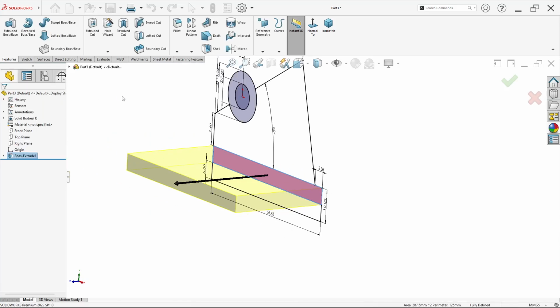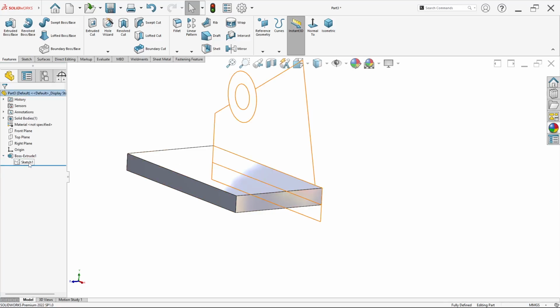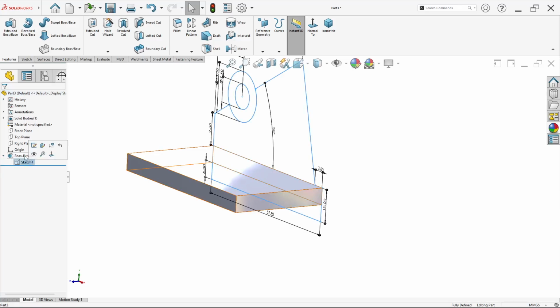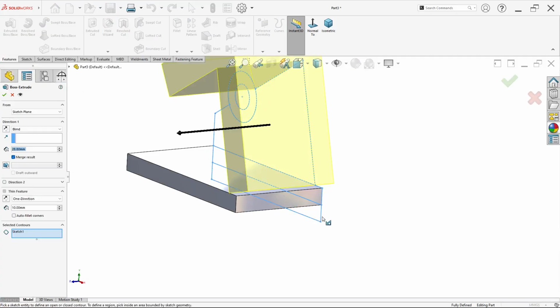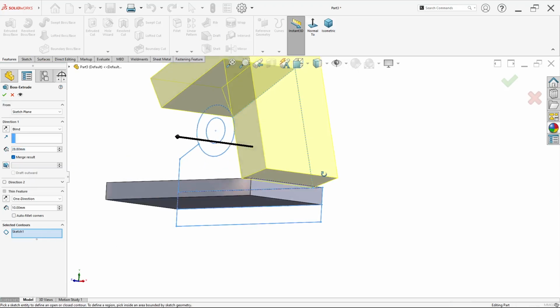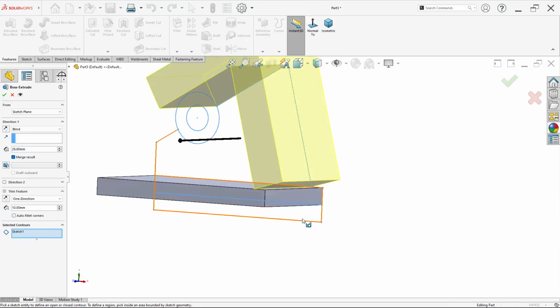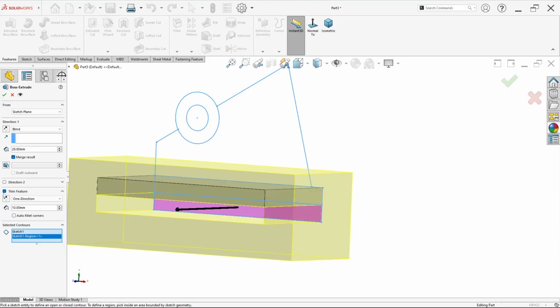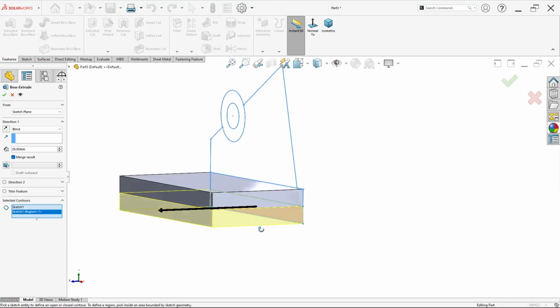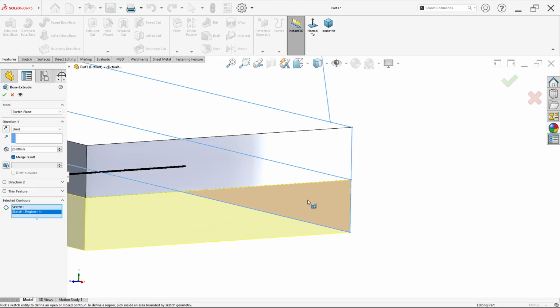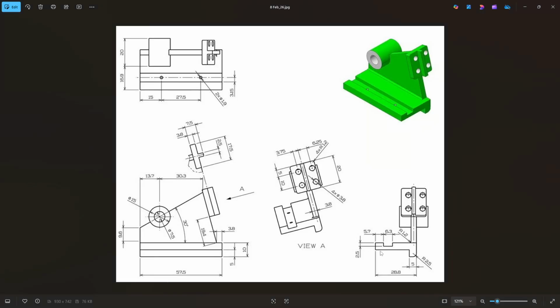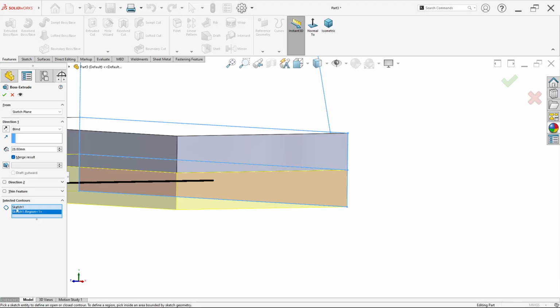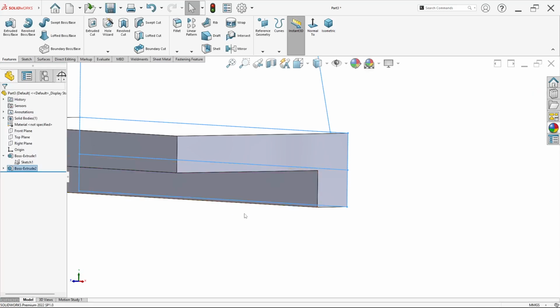Just click OK and click again on sketch 1. Now click extrude boss or base again. For selected contour, just select this sketch. Don't forget to uncheck thin feature in here. You can see the width is 5 millimeter, so set it to 5 millimeter. Click OK.